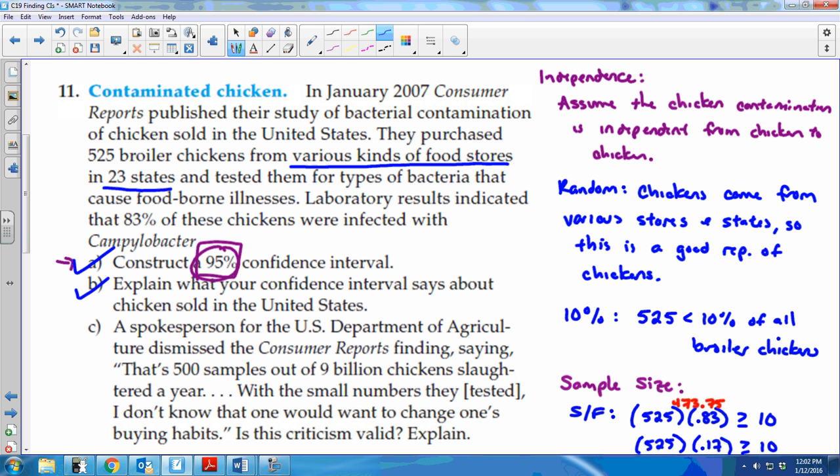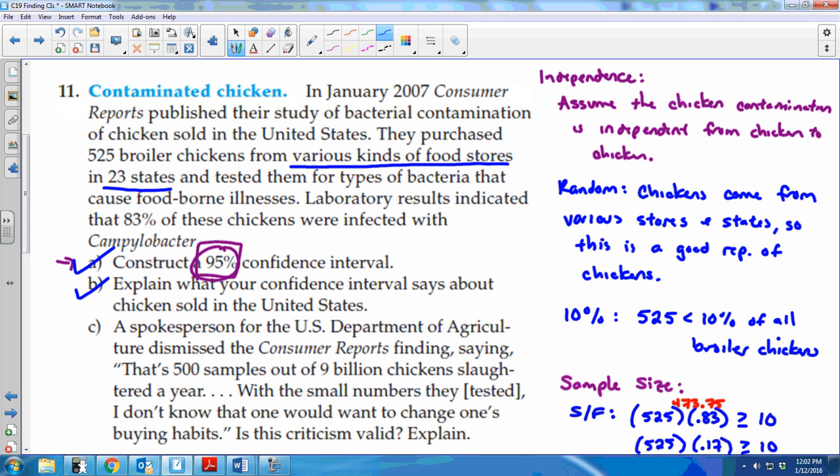To trap whatever P is. So I'm 95% confident that between 79 point whatever and 86 point whatever % of these chickens are contaminated. Yes. You eat contaminated chicken. So